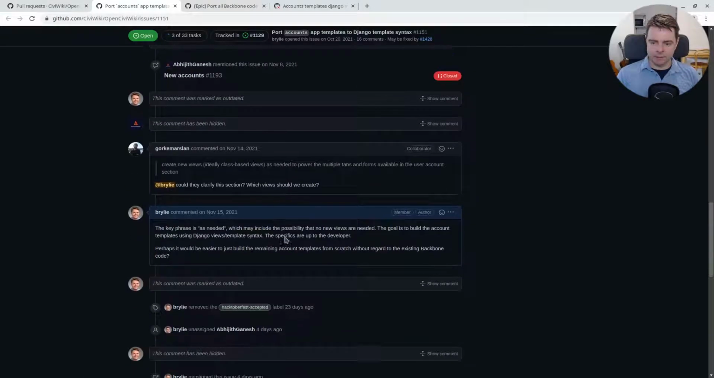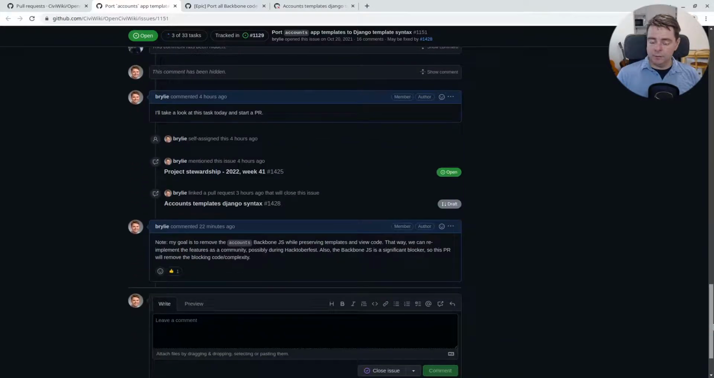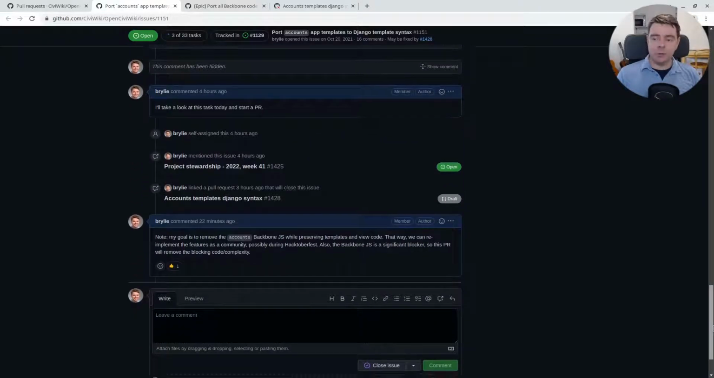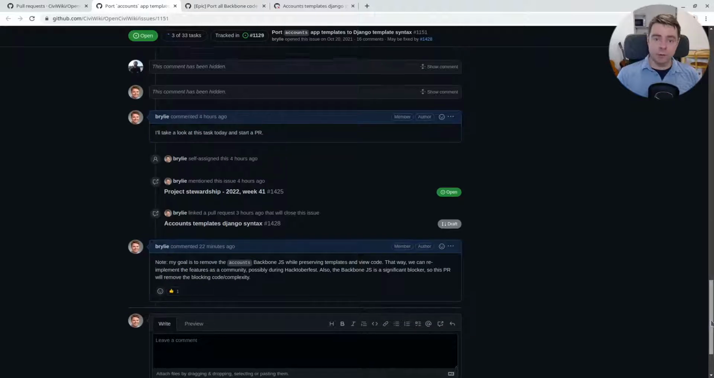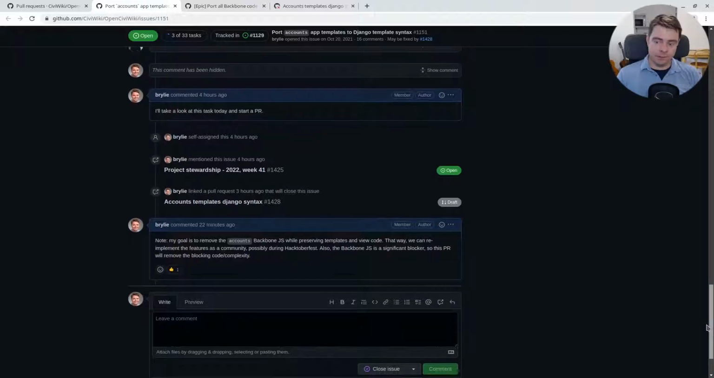Essentially, I'm taking this task now. And yeah, so a lot of it boils down to communication, clarification of the task scope, which admittedly I don't know. I have not looked close enough to it. I'm trying to define something at a broad level so that hopefully developers and myself could tackle it. The goal is to remove the Backbone.js while preserving as much code as possible. And